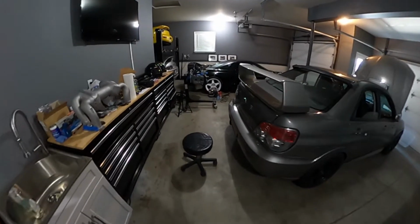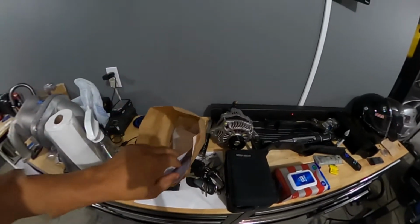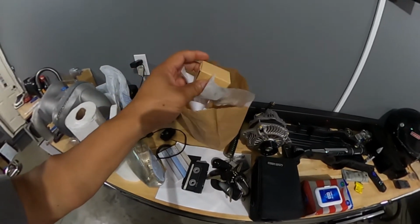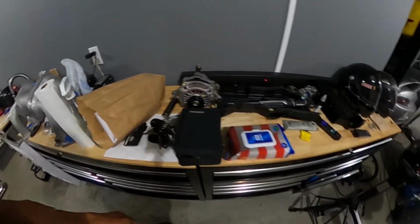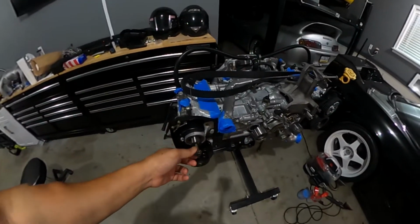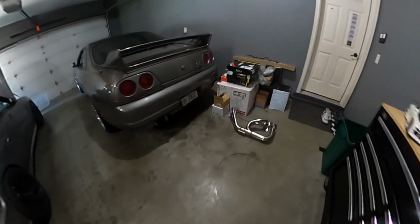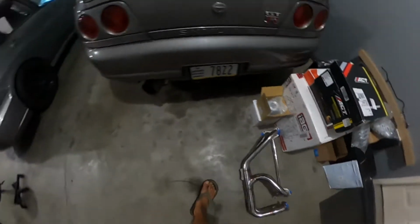Okay, so it's the following week on a Tuesday. I got some more parts yesterday from Subaru. Basically, they are the oil pressure switch and some bolts for the flywheel and the oil cover that I busted. The bolts for the oil cover for the cam gear, and the cam gear, of which I also got. It's right here. Oh, and also,